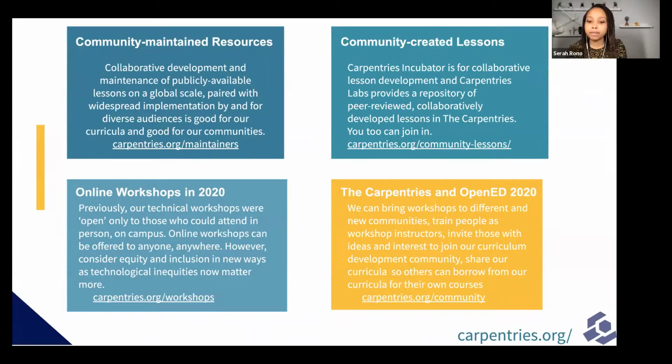We are able to train people as workshop instructors, and we invite you, should you have an idea or interest, to collaborate with the Carpentries to bring these workshops to your community, or to join our curriculum development community so that you're able to develop new lessons for new domains under the Carpentries Incubator Program. Or, if you're interested in sharing your curricula so others can borrow or use it in their own courses, please have a look at carpentries.org/community for all the ways you can be involved.